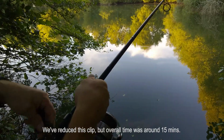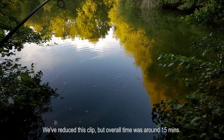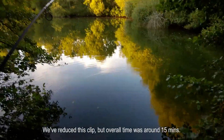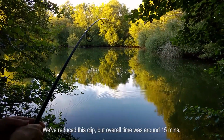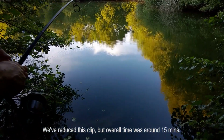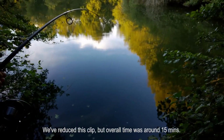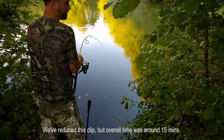Yeah, but he's not going to be ready. He's going to slap us around the face with his tail. Look at that, look at the wave coming up from his tail. I'm just going to show the rod. Oh. My arm's killing me. I'm sure there's commons in here, but